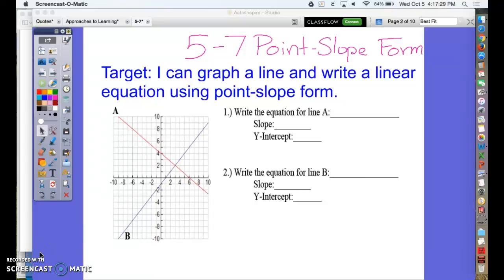In lesson 5.7, we're going to talk about point slope form. Hopefully by the end of this lesson, you will be able to graph a line and write an equation using point slope form. Just to review, you know that you can come up with the slope and the y-intercept from